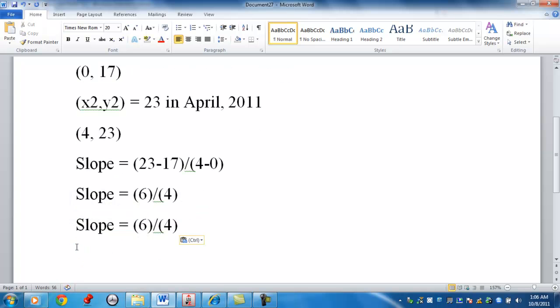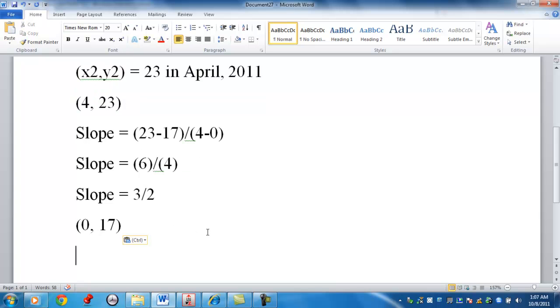From there, I can reduce this fraction to 3 halves. They share a common factor of 2. With the slope being 3 halves and my first coordinate 0, 17, which is also my y-intercept,